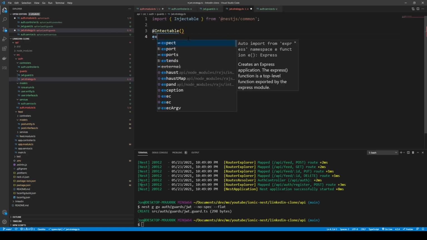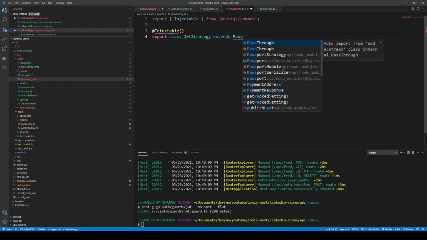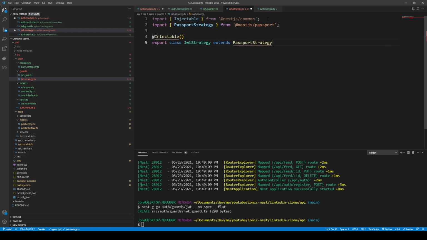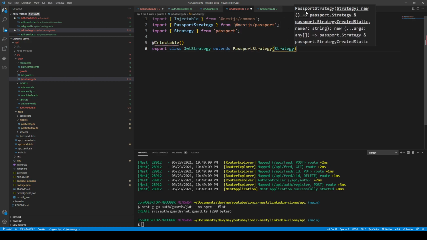So the class here is going to be JwtStrategy, and it extends the PassportStrategy, and that's coming from the NestJS version of Passport. So basically this here can take in Strategy, which is also imported from Passport,